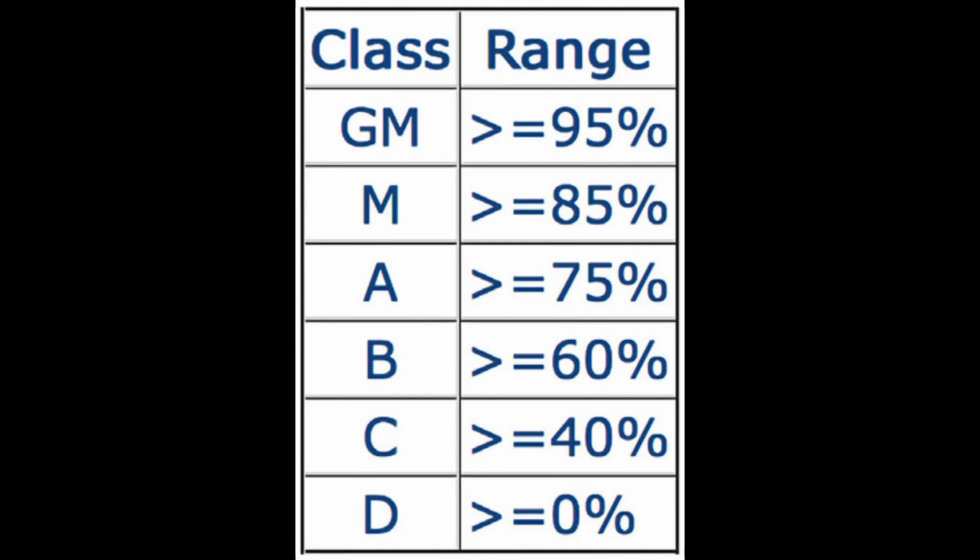Now, for classification. Classification can be understood as your rank against other competitors as a percentage of the best possible scores for any given classifier stage. They include Delta or D class, Charlie or C class, Bravo or B class, Alpha or A class, Master, and Grandmaster. Upon completing a few of these stages, you will receive a classification so you know where you rank among